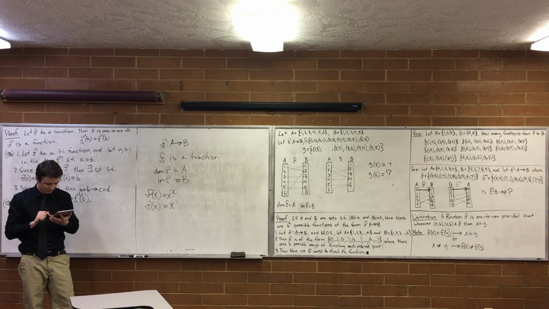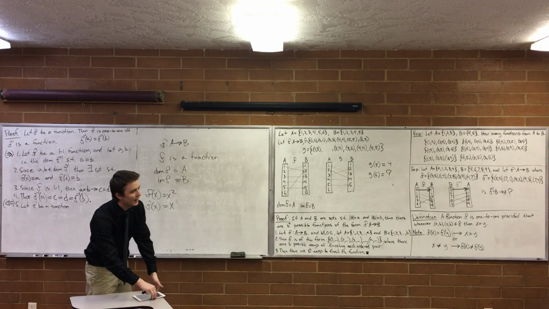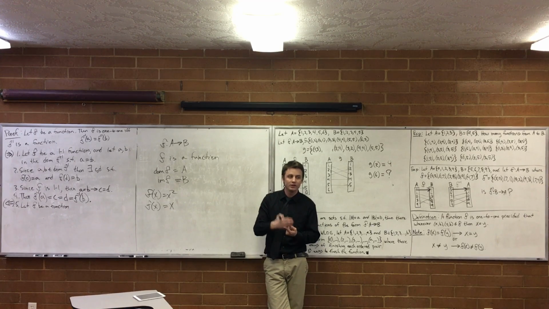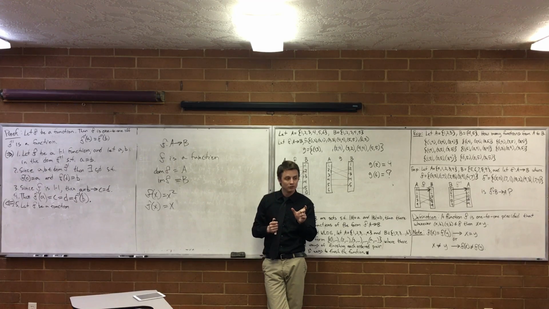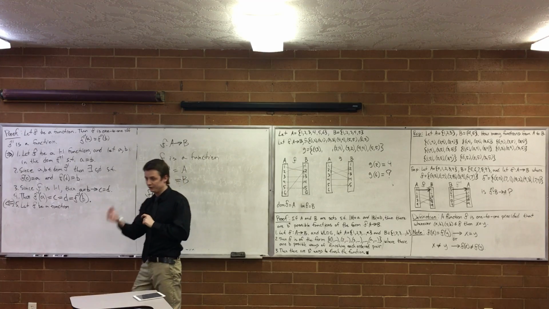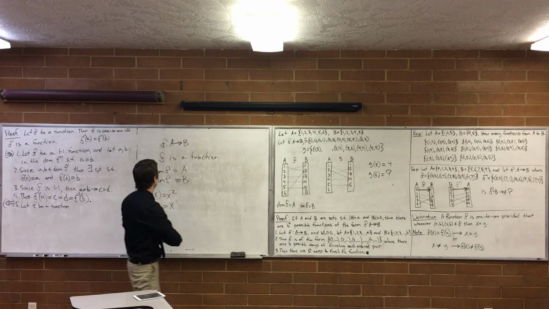And then we have an idea of what's called a bijection. A bijection is a function that's one-to-one and onto. So you got a function. It can have two properties. It can be one-to-one and it can be onto. And then if it's both those, we call it a bijection. Okay? And then there's one last thing that you need to understand.